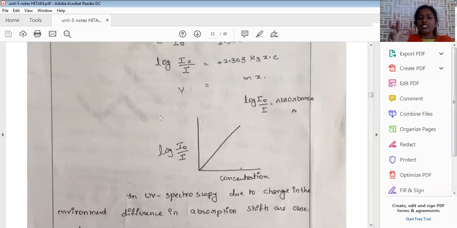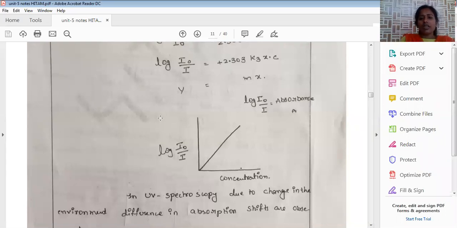It is given by I is equal to I naught into e to the power minus k1x. x is nothing but thickness because we are applying the equation to solids. In solids, thickness is the measure which is used to absorb the light. The same equation can be applied to liquid compounds or solutions. That is called Beer's law, where monochromatic light passing through the absorbing medium decreases in intensity exponentially with concentration of the solution. The greater the concentration, the more light will be absorbed, so the outcoming light intensity will be low.